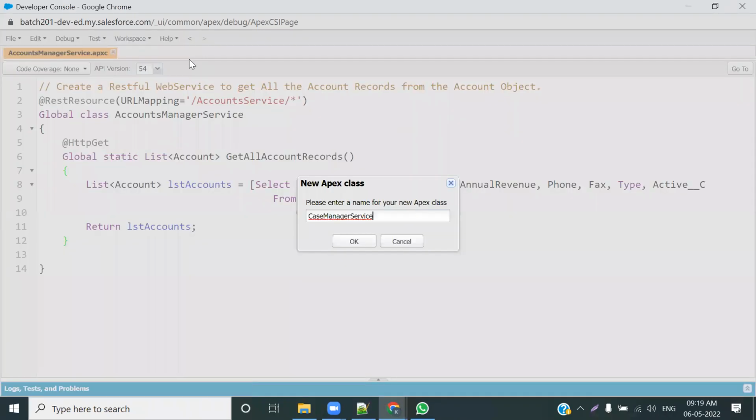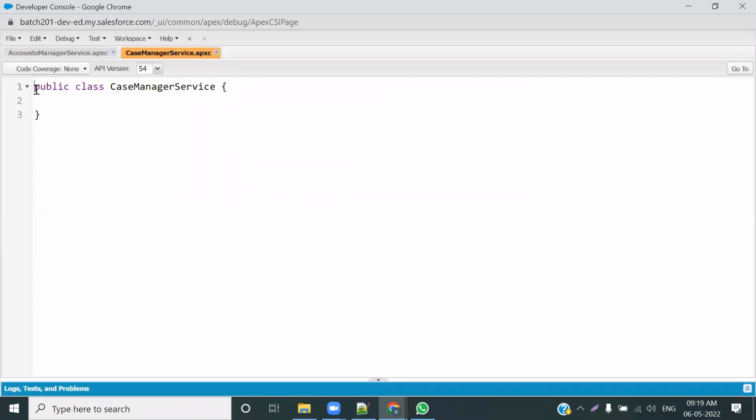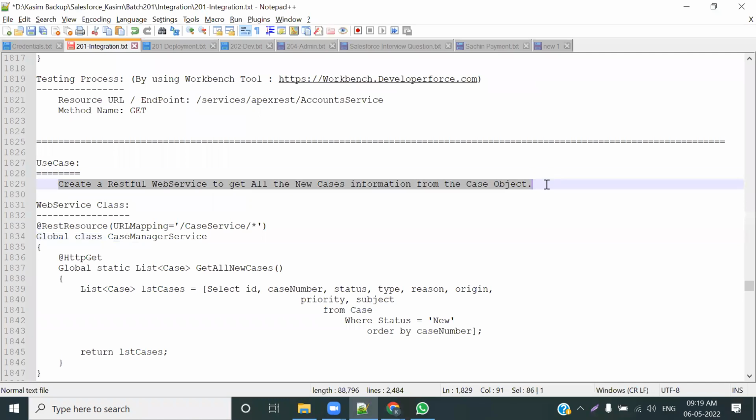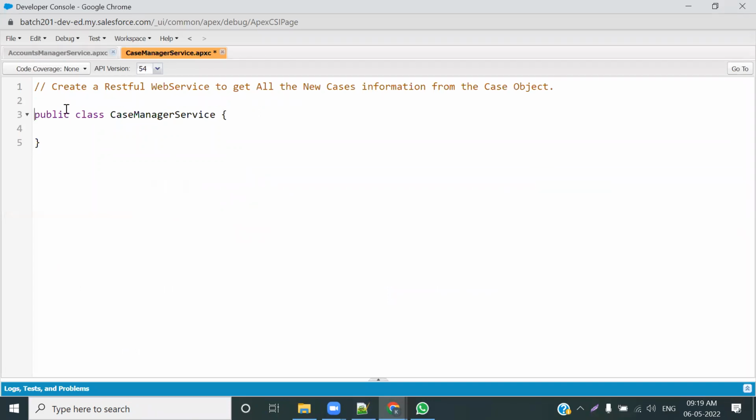Create another class for that. The name is CaseManagerService. Okay, case manager service. So this program is about this requirement, so I'm copying this requirement over here. Now, if I ask you about the basic program,